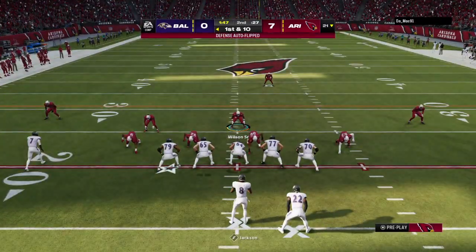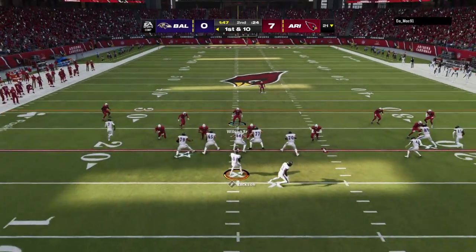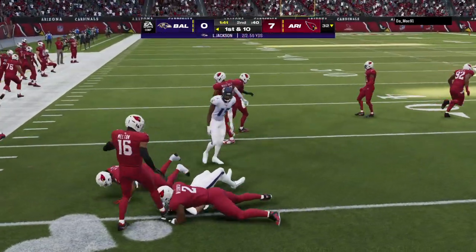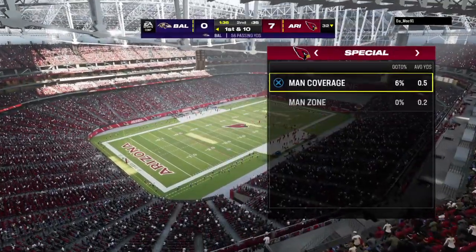The Raven offense set at the line for this next drive. Well, they've got some stuff to build on from that last drive because they moved the football, CD, and then they tried to go for it on fourth down, didn't convert, probably left a bitter taste in their mouths. I would say so, and I think that they go out in this series determined for that not to happen